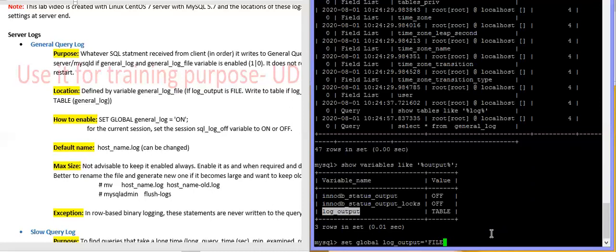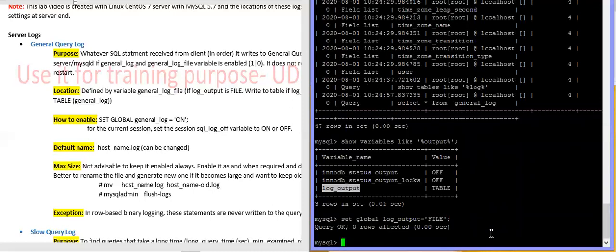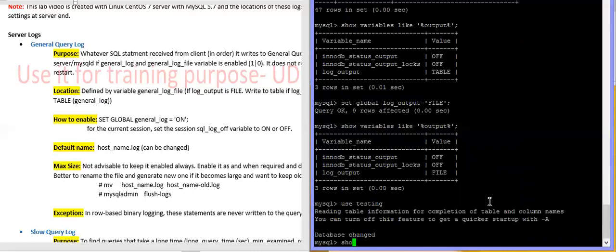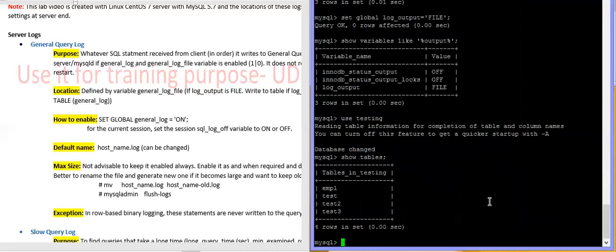Then all the SQL statements will go to your file. Let's see if it has changed or not. It has changed now. Now whatever SQL statement you run will go to the general log file.